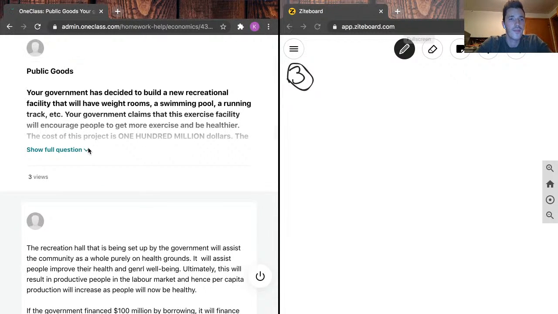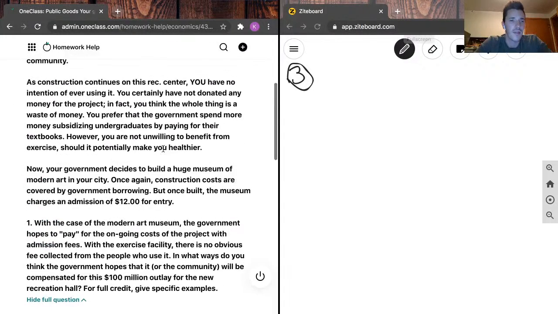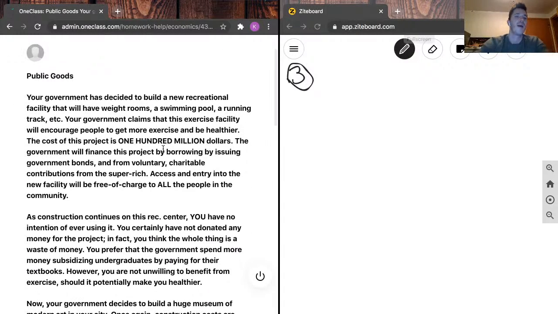Public goods. Oh, that's a mouthful. All right. Public goods. Your government has decided to build a new recreational facility that will have weight rooms, a swimming pool,